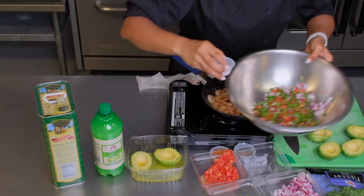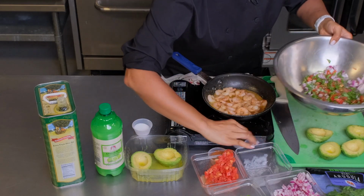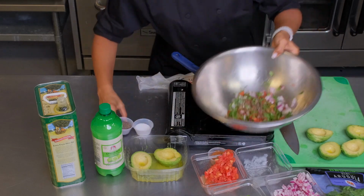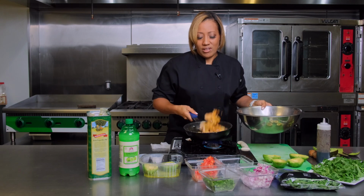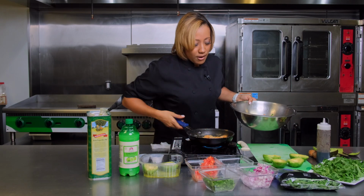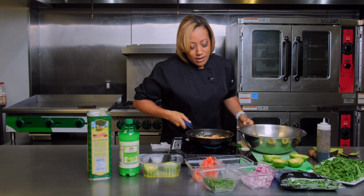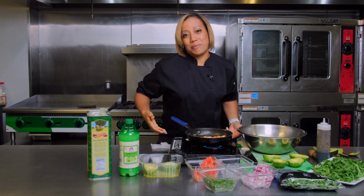and then a little bit of salt right here, and a little bit of pepper. And our shrimp is cooking up or marinating nicely. We'll add just a little bit more. And like I said, I'm going to have enough for 6 people or 3 people that want to eat a